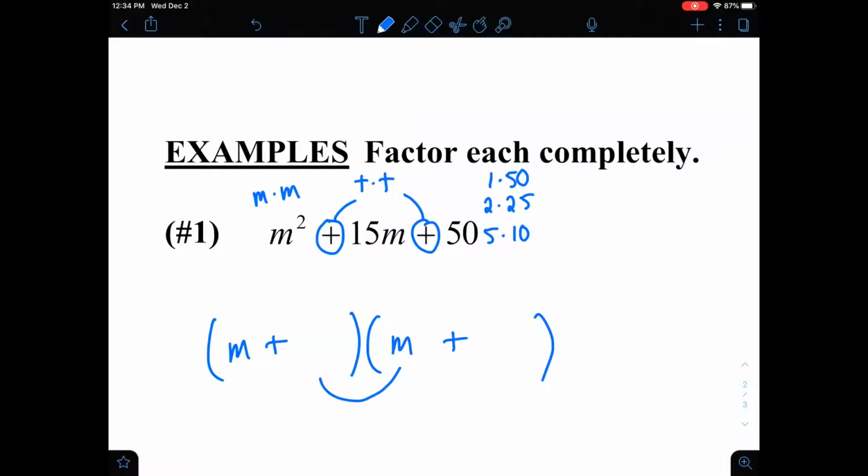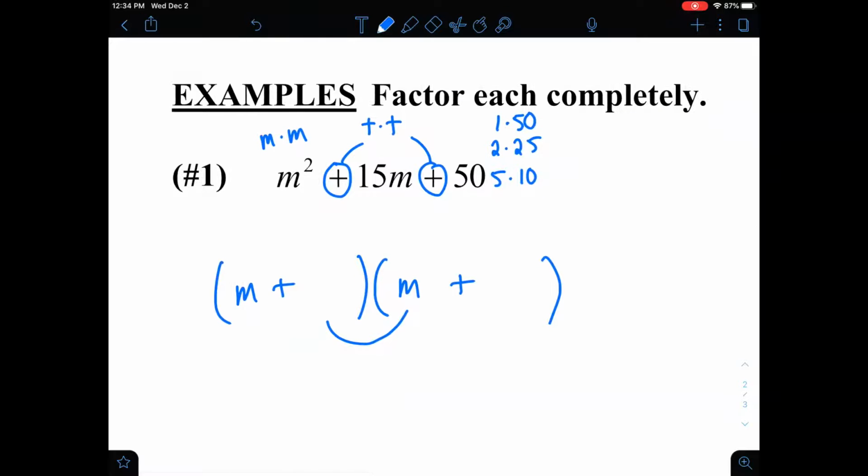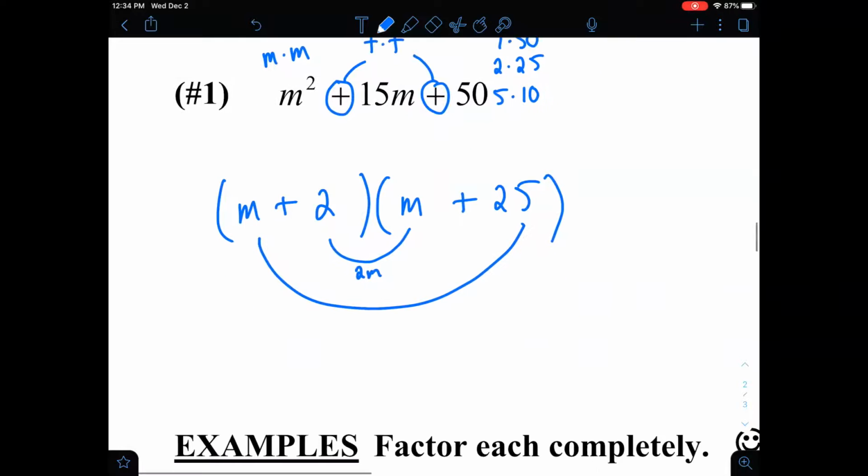So let's just try a couple. Let's try 2 and 25. Well, let's figure that out here. What is 2 times m going to be? Well, that is 2m. What is m times 25? That is 25m. And what is 2m plus 25m? Well, that's going to be 27m. Does that equal 15m in the middle here or no? It does not. So what we're going to need to do